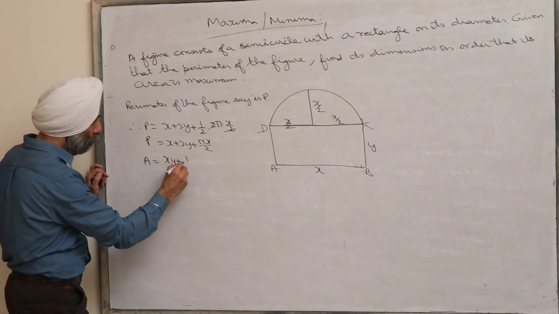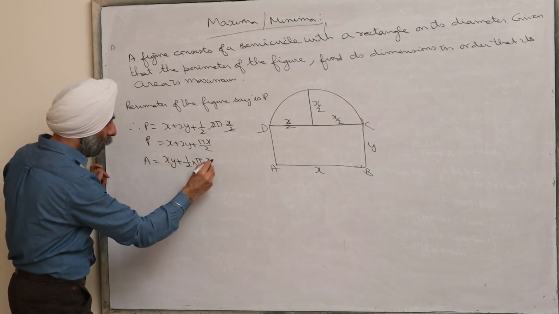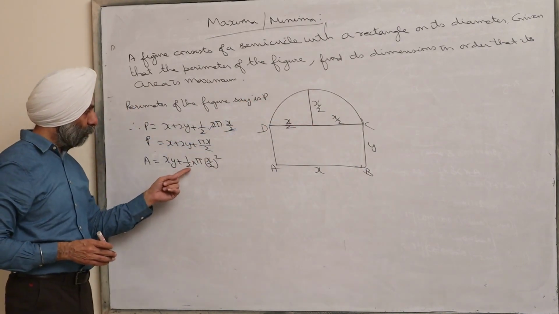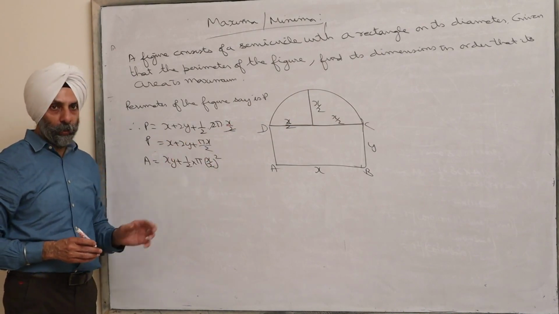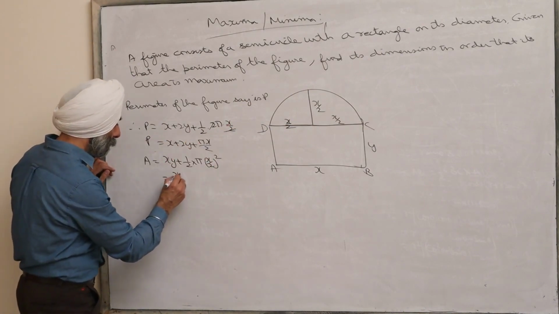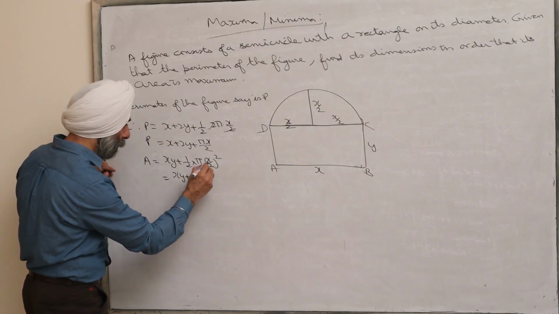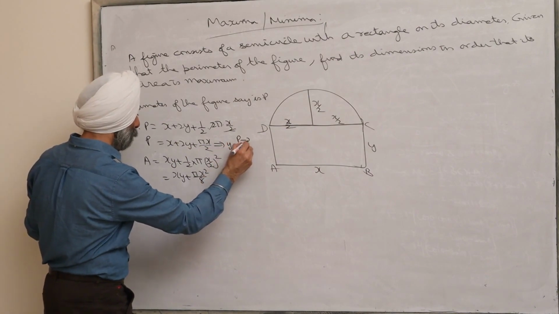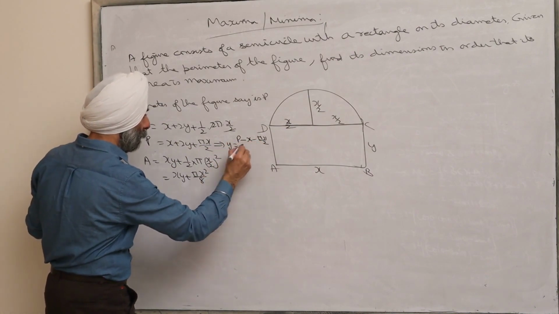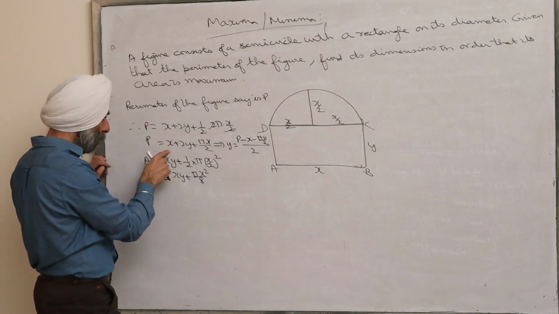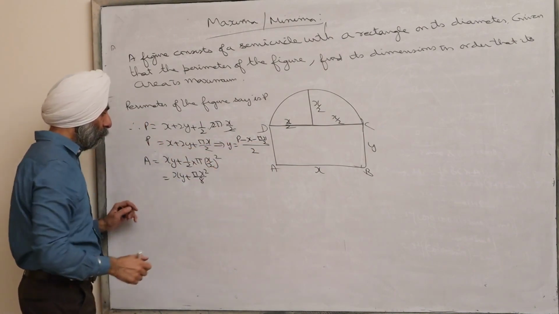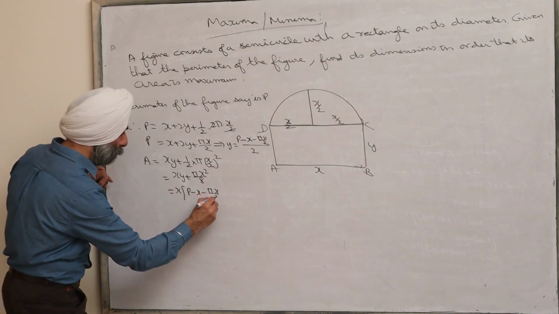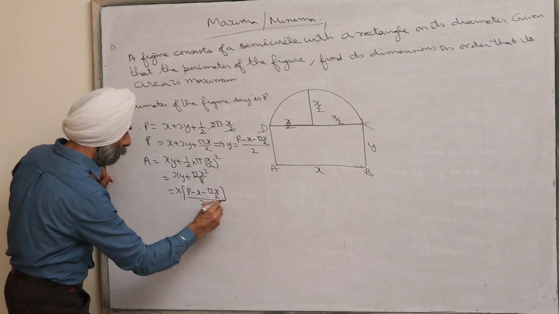It is xy plus half of pi r square. Since it is a semicircle, the radius will be half of x, so half of pi into x by 2 whole square. Now this is equal to xy plus pi x square by 8. Now from here, can I say that y is equal to P minus x minus pi x by 2, upon 2? Which means this is x into P minus x minus pi x by 2, upon 2,